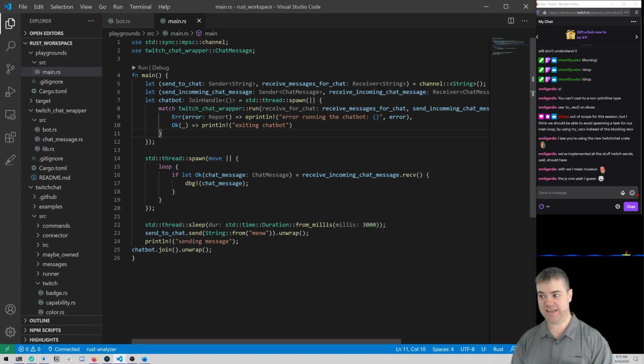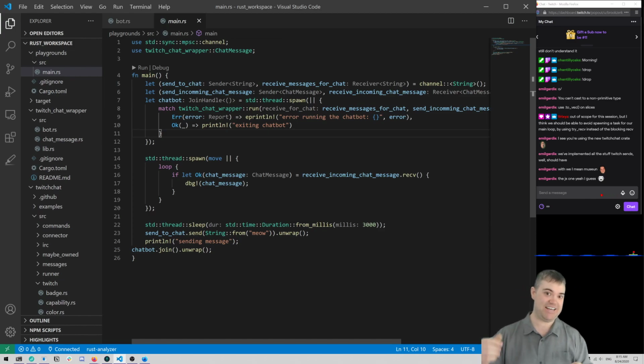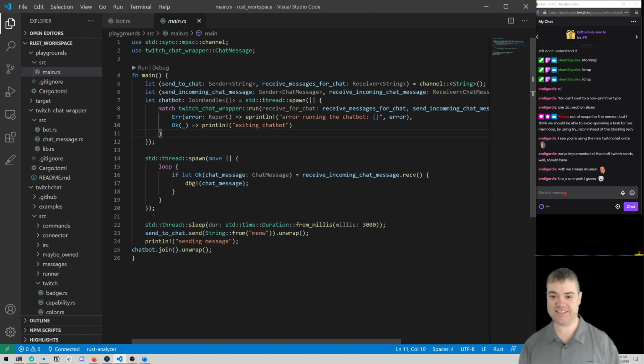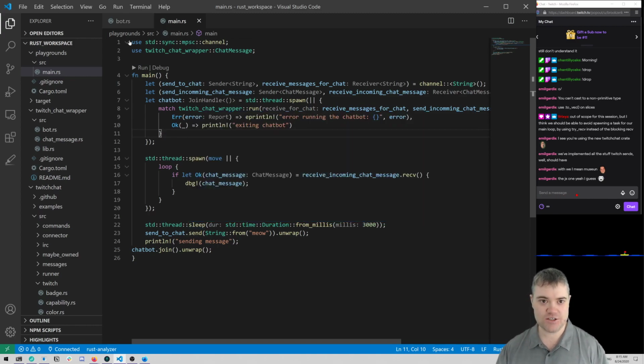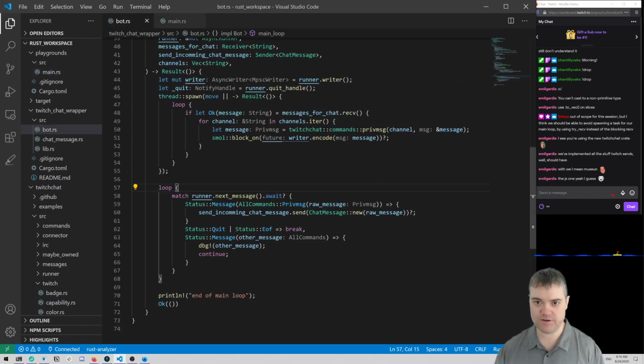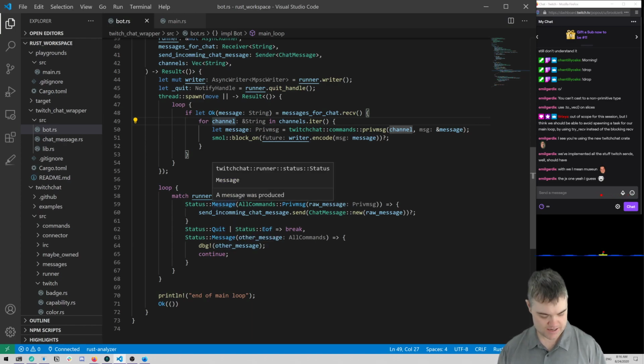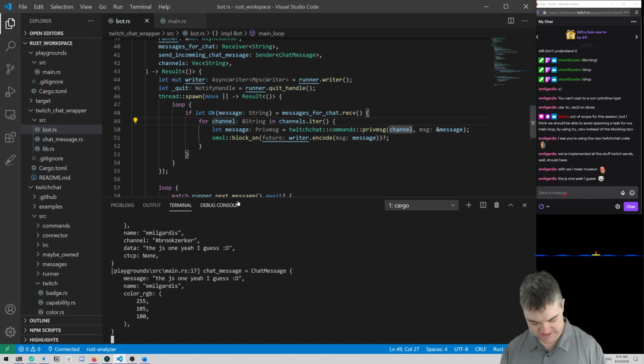So now I can create games and other things and get Twitchchat integration into them really easily. It's pretty nice. So if we want to see what these are, because I'm curious, and I haven't looked at that part of the documentation.